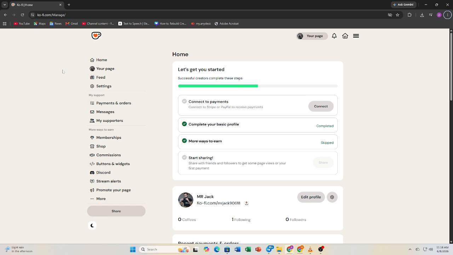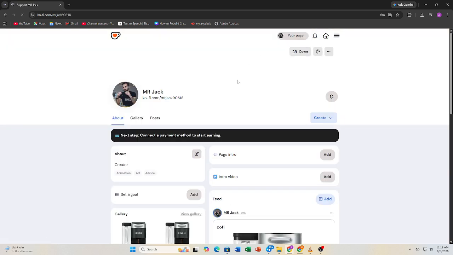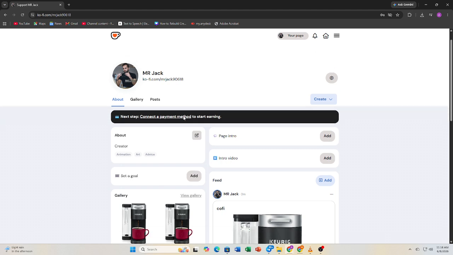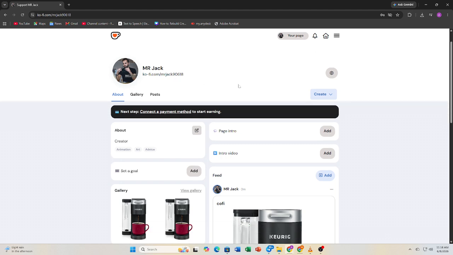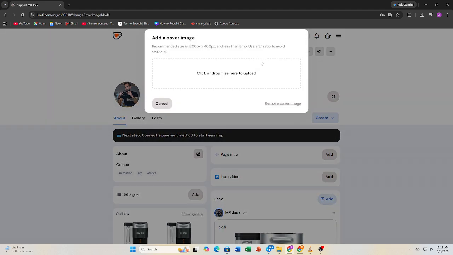First, log into your Ko-Fi account and go to your creator dashboard. From there, find the settings or page customization section. Next, update your basic profile details. Your name, bio, profile picture, and cover image are the first things visitors will see, so make them